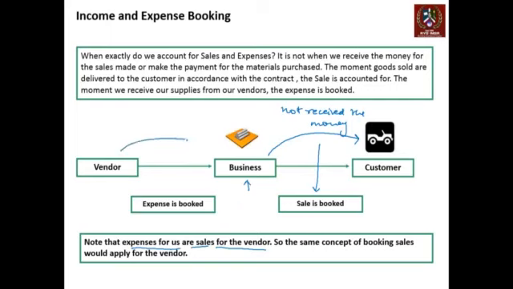So the moment the vendor has provided you with the raw materials, immediately as the raw materials come to your end, the vendor will book his sales here and you will book your expenses here. Correct? Now that is where this concept of accounts receivable and payable becomes important, because you could be selling